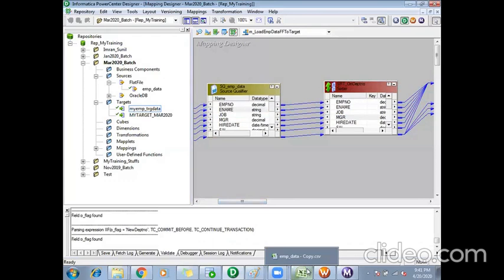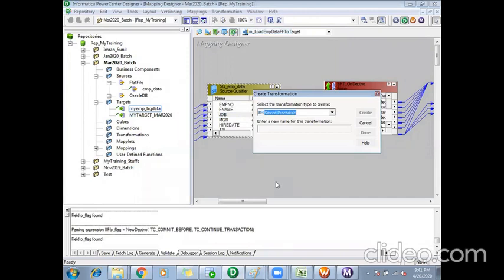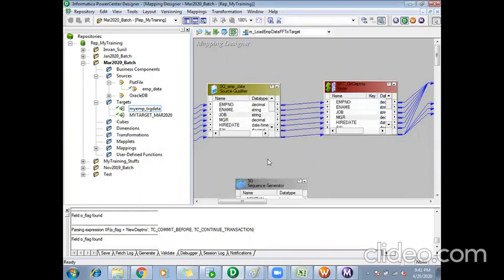Now the thing is, I need to generate the targets based on the record count. So first I need to generate the record counts for my records, like for record 1, 2, 3, 4, 5, 6. How can I generate the record counts? I can generate them using a sequence generator transformation here.